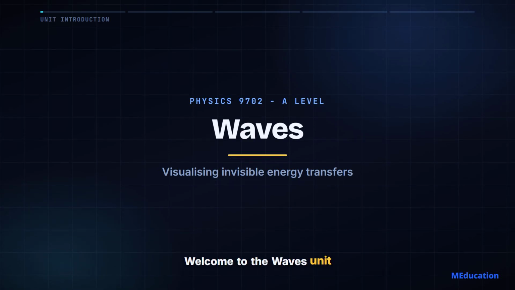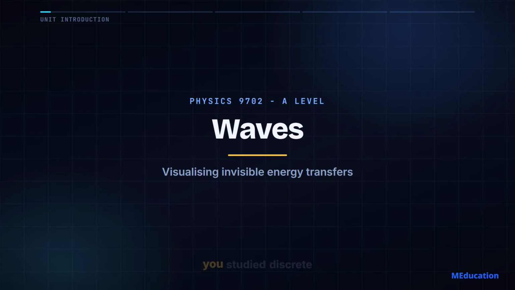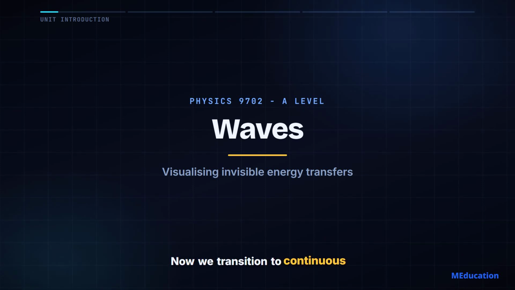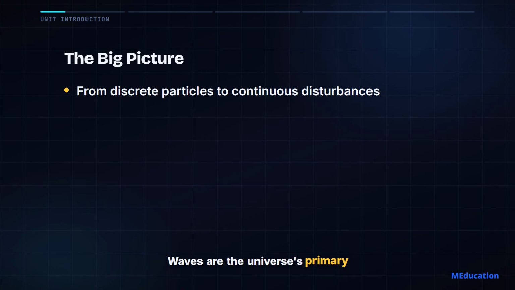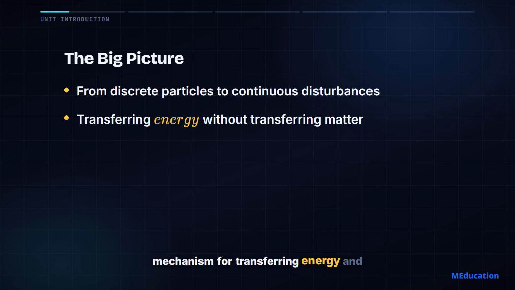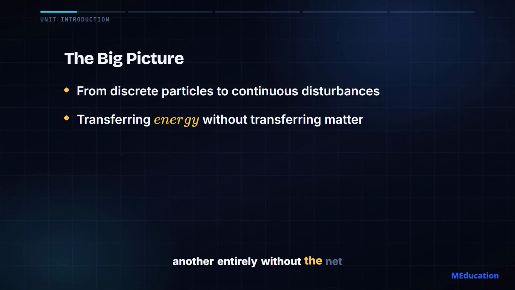Welcome to the Waves unit for Cambridge A-Level Physics. In your mechanics modules, you studied discrete, colliding particles. Now we transition to continuous, oscillating disturbances. Waves are the universe's primary mechanism for transferring energy and information from one place to another, entirely without the net